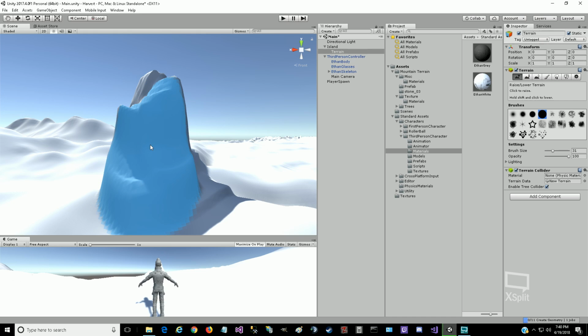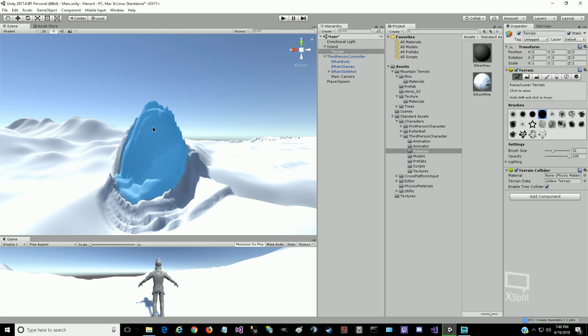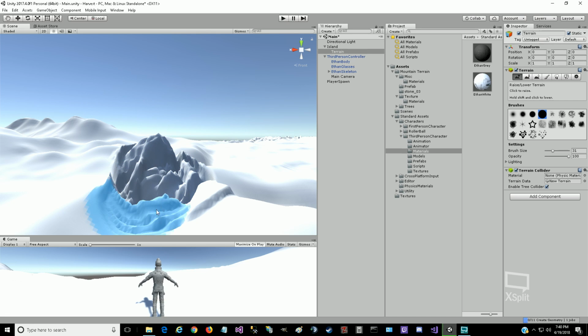Then you can hold down the shift key while you do that to lower it back down, so you can play with it and build up certain areas. Now it gets kind of rough and jagged here. Obviously you can go with a different size brush, change out the brush when you're doing that, but I did the large one. But if you want to clean it up a little bit,